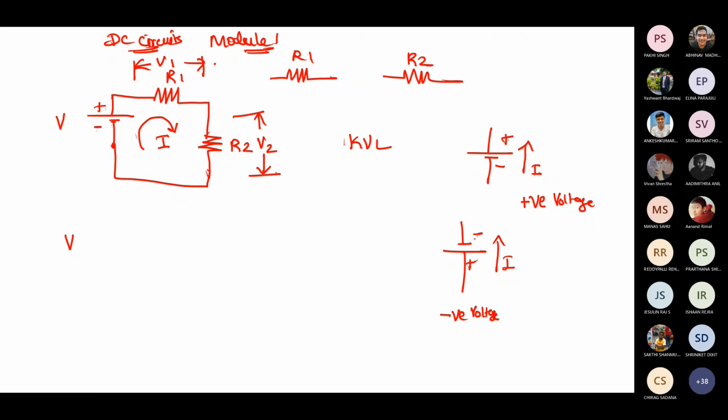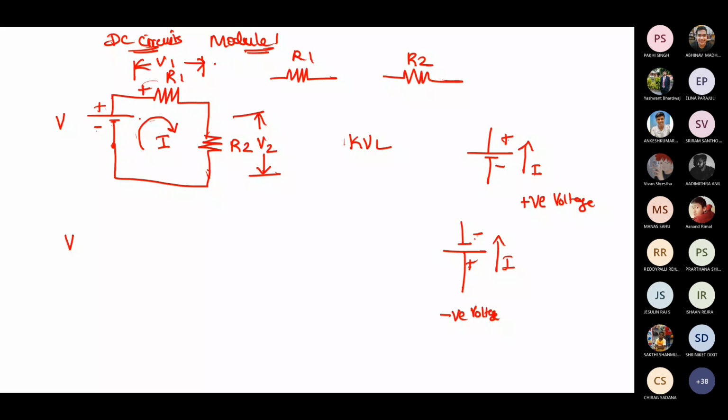So what is the assumption made is, always resistor current flows from where? From the higher potential to the lower potential through the resistors. So we assume that across the resistor, plus and minus, as per the current direction. If I'm assuming a current direction like this, current always flows from higher to lower or lower to higher? Higher to lower. Higher to lower, but we should not assume it for the source.